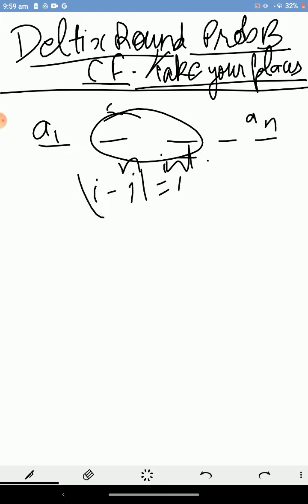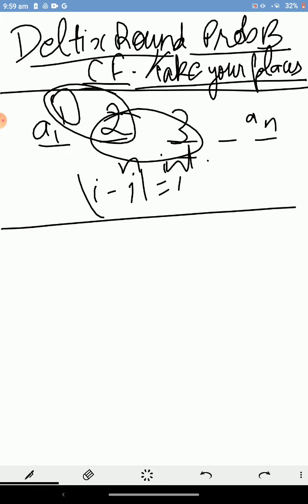For this element 2, this 3 is also a neighbor and this 1 is also a neighbor. We want to calculate the minimum number of swaps needed so that the array does not contain two neighboring items with the same parity.